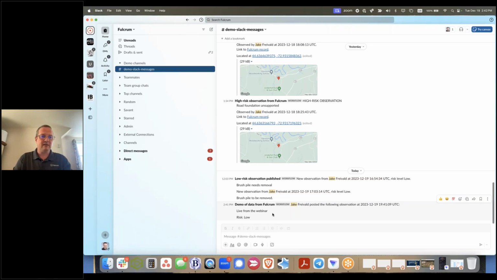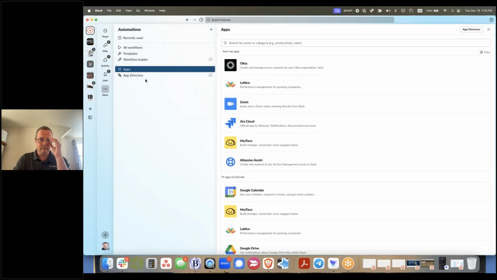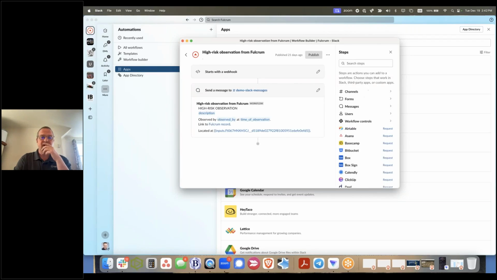I do want to come back to Slack just a little bit and show you how I got the much better looking, sorry, I didn't mean to go there. I meant to go to Workflow Builder. I wanted to show you how we got the much better looking high risk observation apps, because that to me is really worth understanding. First of all, if you look at what I've done here, the basic content is roughly the same,